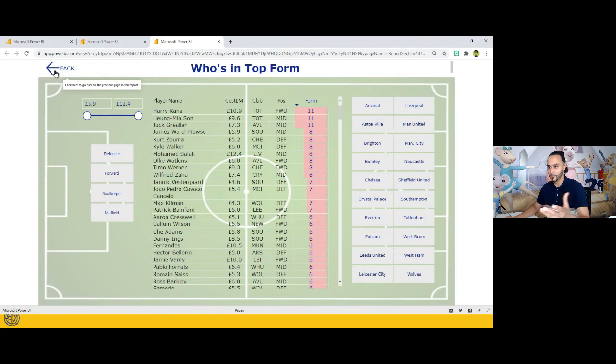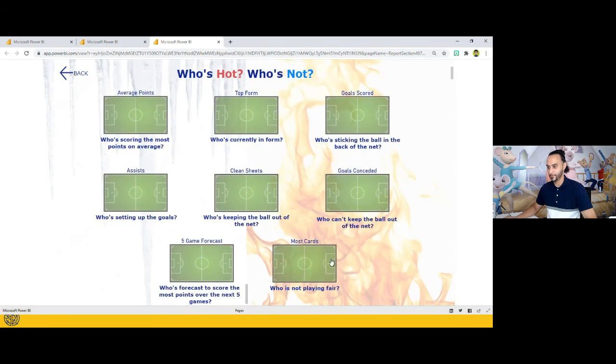Ben, any comments? Even just go back one there. I echo that all the ones we've seen are great, but just look at the background visuals on there. On the left-hand side, we've got some icicles because of who's hot and who's not. On the right-hand side, we've got some flames. So probably the visual should have been the other way around as to who's hot, who's not. I don't know. But as you say, we all know the effort.